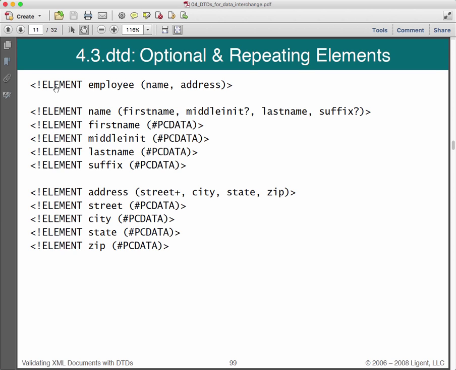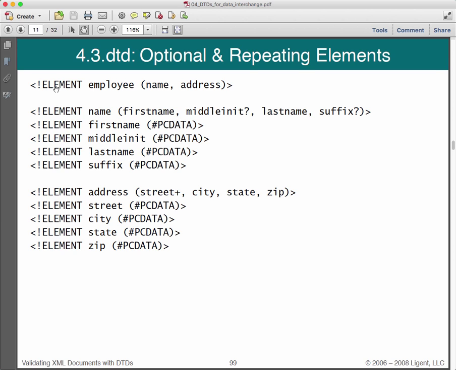When we learn about the W3C XML schema, which we'll be doing a lesson or two down the road, we're going to learn that we have the option of saying we have from 1 to 3 occurrences of the element street. But we can't do that with the DTD, and that just has to do with history,